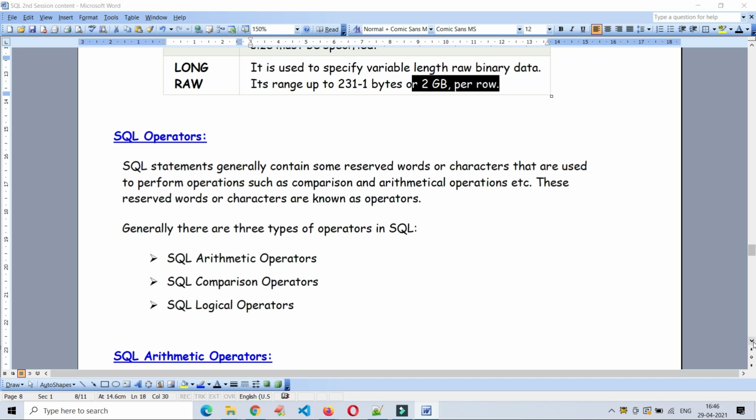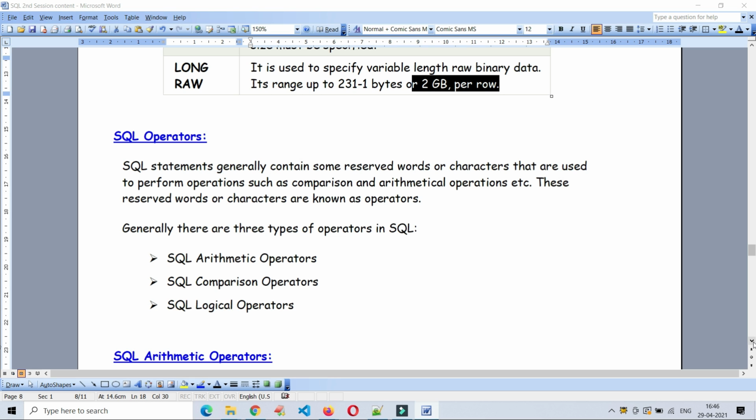For example, I want to get the data of employees who are drawing a salary of more than 20,000 per month. For that, in a condition, I have to use a comparison operator: employee sal greater than or equal to 20,000.